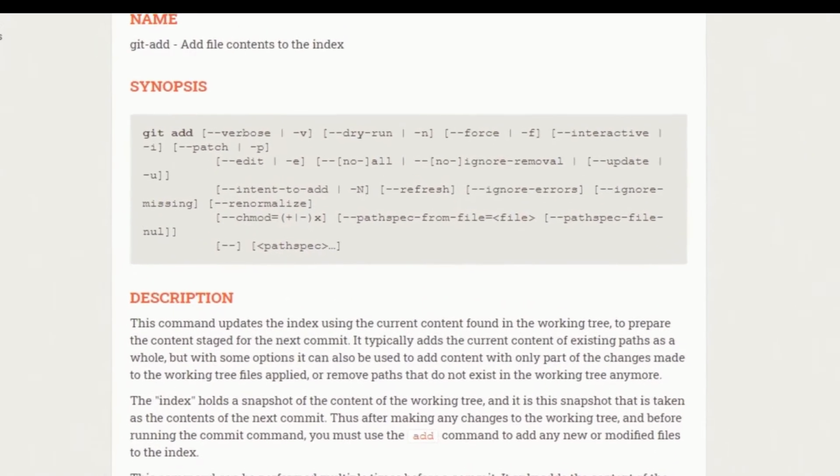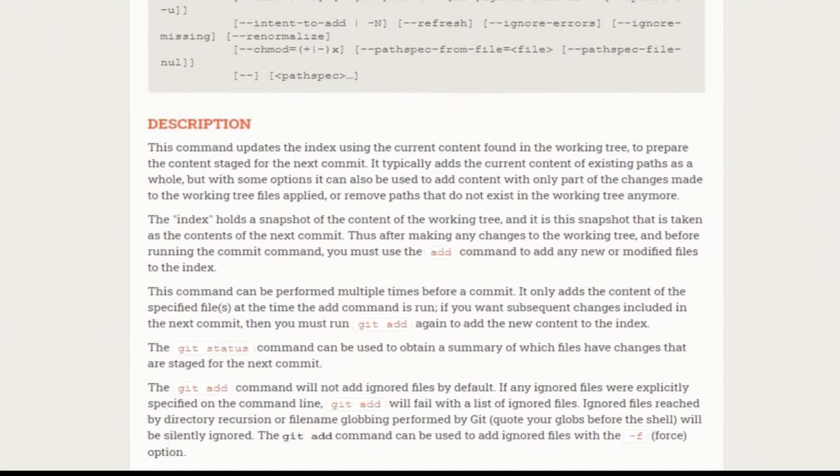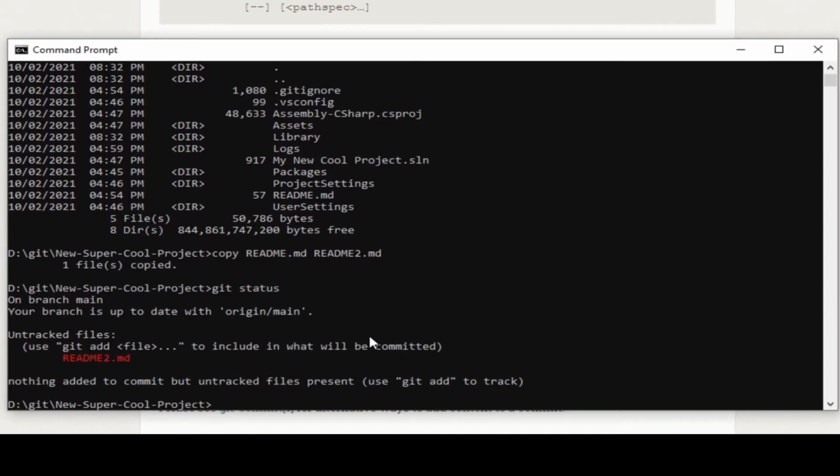Okay, so that brings me to the next command that I want to talk about. That is Git Add. Git Add just basically adds new files to your repo. But going back to Git Status, here in my command prompt, sometimes Git Status will actually tell you, and Git does this a lot, what commands you actually need to run. So you don't necessarily need to remember them all because Git will tell you, but it's good to know these basic commands. So I'm going to type in git add